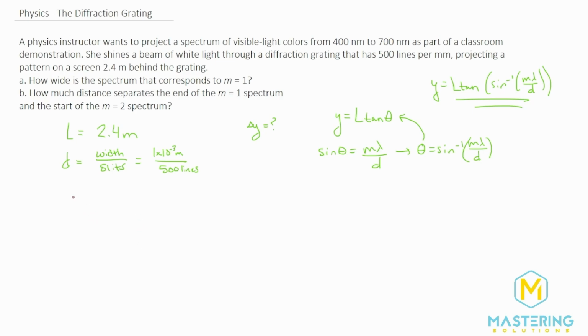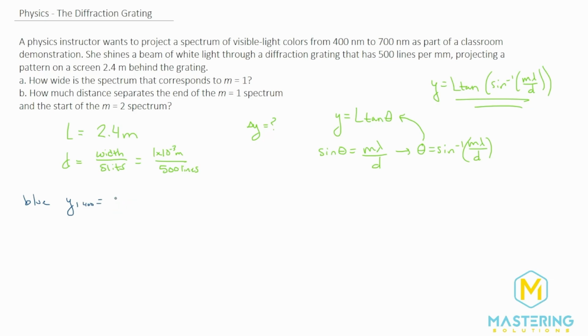So first we need to find the y for the 400 nanometers, which of course is 10 to the negative 9, and that is a blue color. So I'll put 400. I guess I should have done this in blue. So there we go. Okay, so blue, and we have y, we'll say y1 of 400, and that's equal to